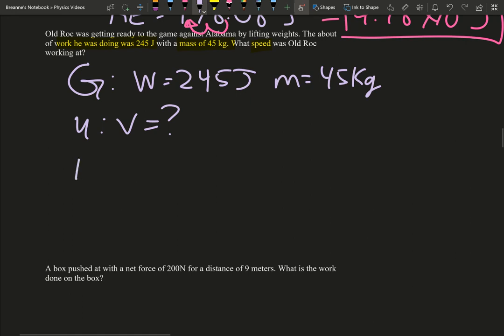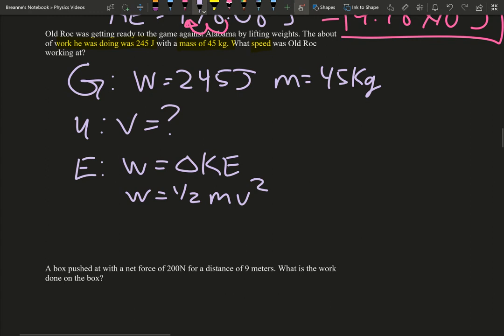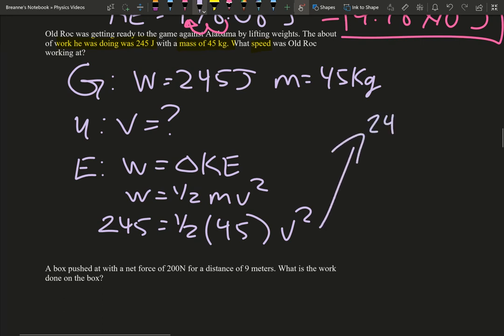Hopefully, you're like, oh, work equals your change in kinetic energy. So you can do work equals 1/2 mv squared. Woohoo! So you just plug in what you got: 245 equals 1/2, your 45 mass, v squared. We're going to continue the work over here. So we have 245. You can go ahead and take that 45 and multiply it by 1/2, and you get 2.5